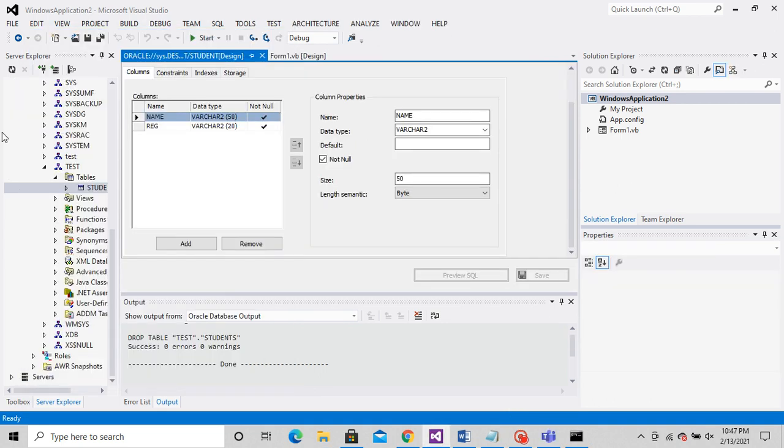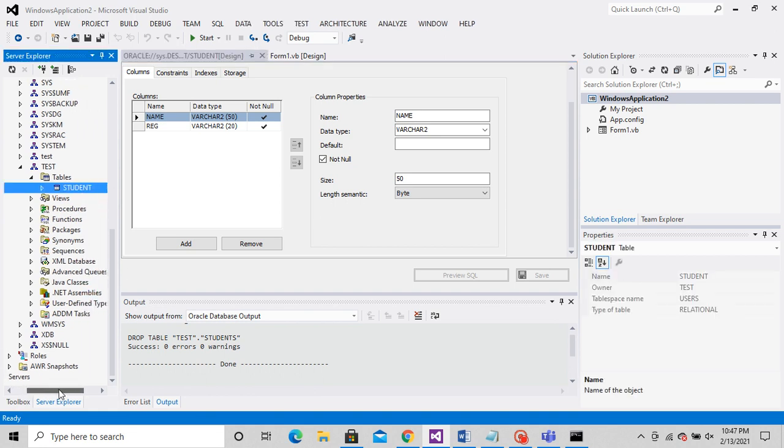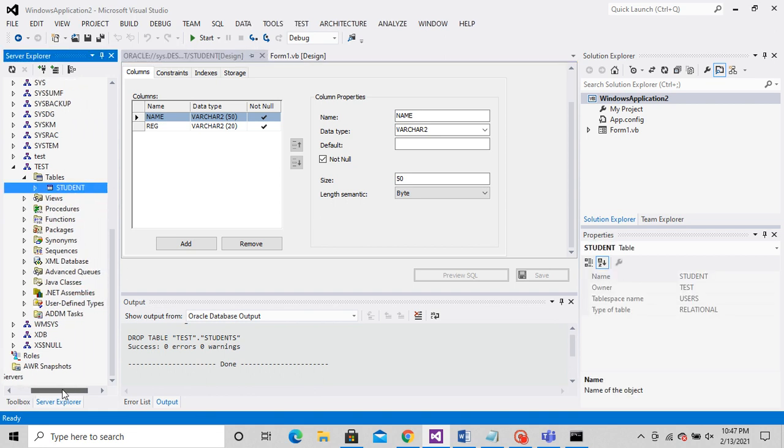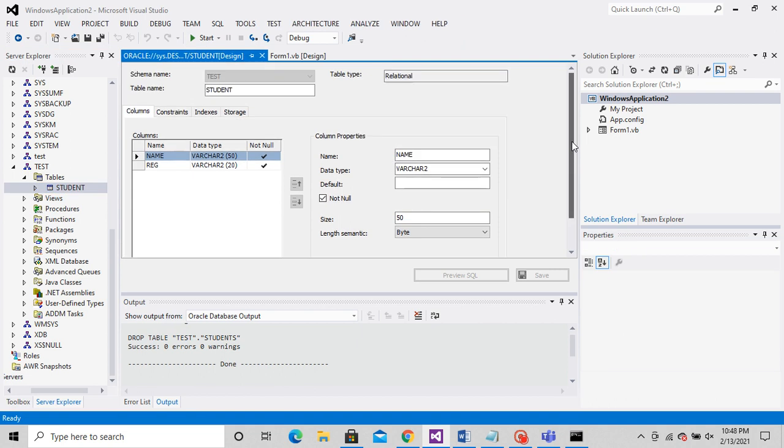Okay students, I had said to you to create the table under small test. Please change it. Create the table under big test, capital TEST. Otherwise, the process of creation of the table is still the same. I already created it, and you can see everything is still the same.